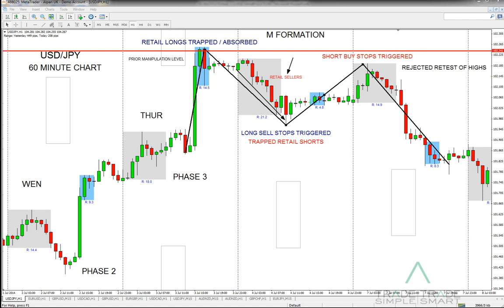Now, these retail sellers, again, will place their stops generally above the last swing high or within the mid of the range. So smart money liquidating their position and selling into buy orders will see a build up of stop losses from the sellers,